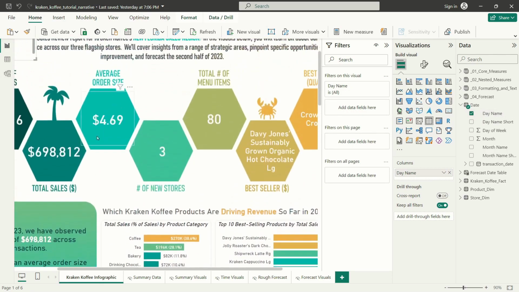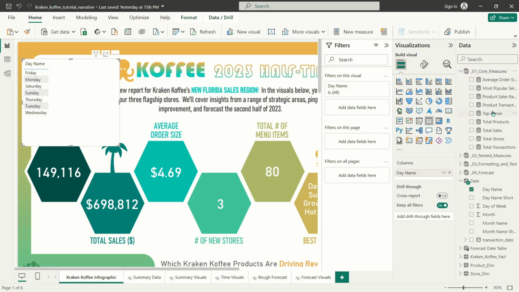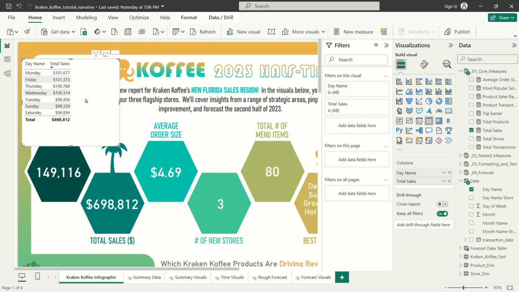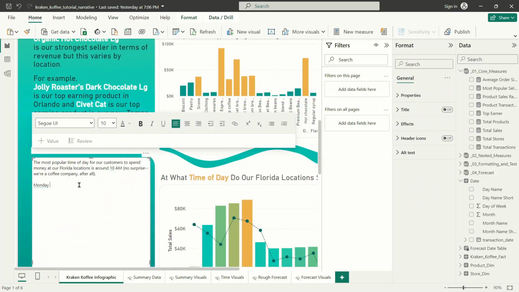Let's add a quick table up here for day name. Let's drop total sales in here. And you can see Monday is at the very top here, not by much, just by a couple $100. Not a whole lot of variation between any given day of the week. But I will probably surface in my smart narrative that Saturday tends to be our lowest day for sales. Monday is our best selling, or you can say our highest revenue generating day of the week,